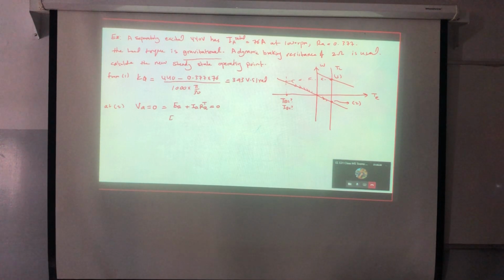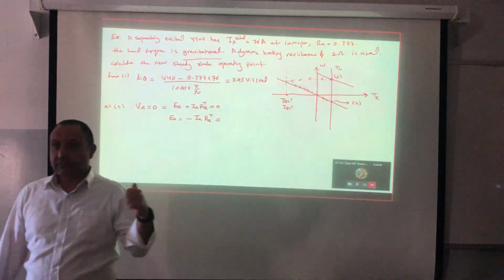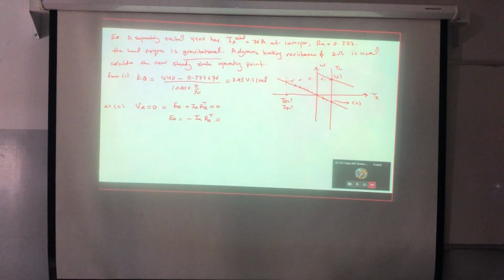So EA will equal what? Minus IA RA total. Thank you, I was missing it. So who can give me now EA equal to what? At this point, the current equals what? It's the same, the same line. So here this will equal minus 76 multiplied by R total, which is